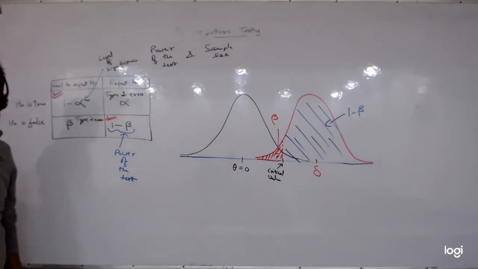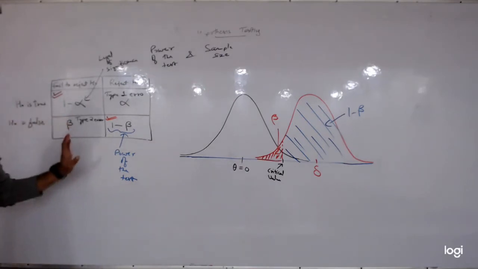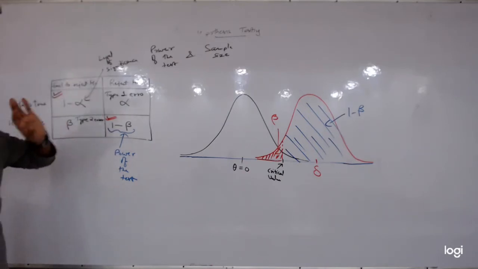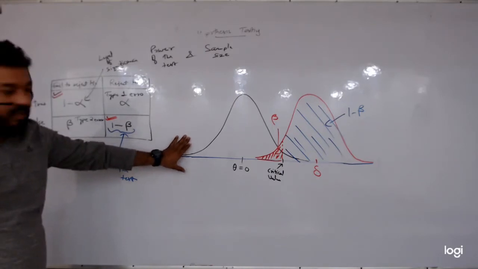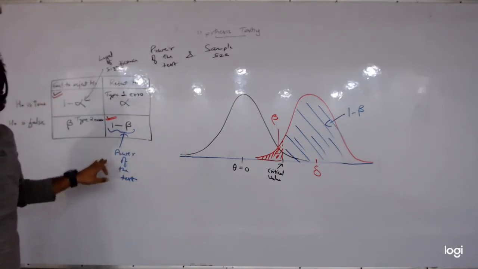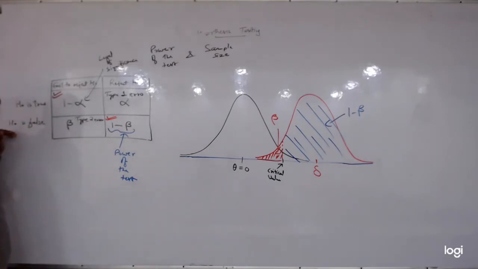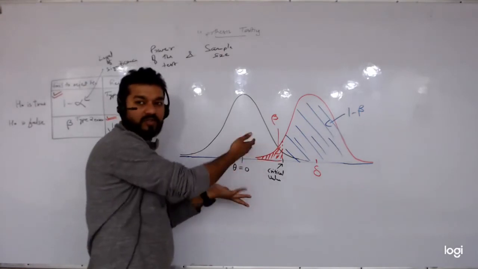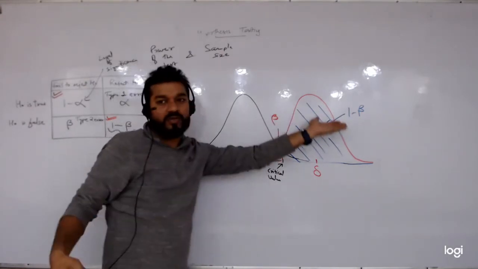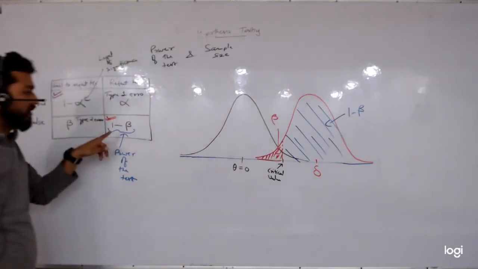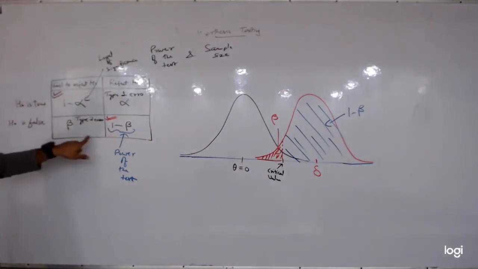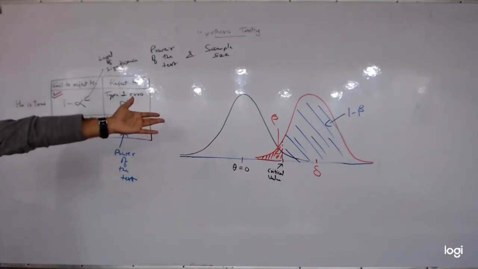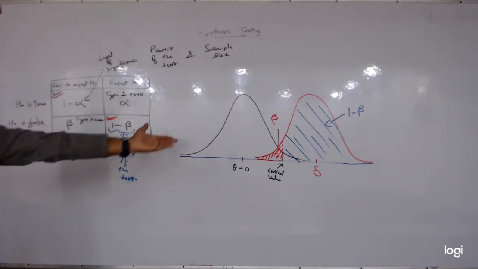Okay, the context is very different between level of significance and power of the test. You have to just remember the diagrams. Power of the test comes into play if null is false. If null is false, we have two distributions. The false one, which we have drawn assuming null as true, and a true one, which we do not know. Then we have power of the test coming into play and type 2 error. Otherwise, for level of significance, we don't have a distribution there. The red one is not there. This is the true one.